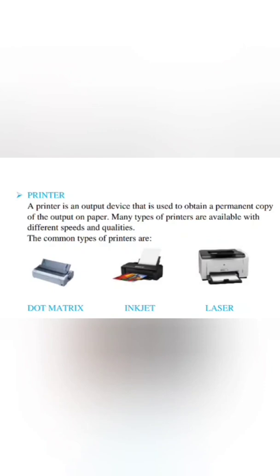Laser printer is the fastest printer and it produces very good quality printouts. It looks like a photocopier. A laser printer prints one page at a time. We cannot take many copies at a time. It uses a light beam to form images on the paper using toner. It is a high speed, quality printer, and it can print many pages per minute.